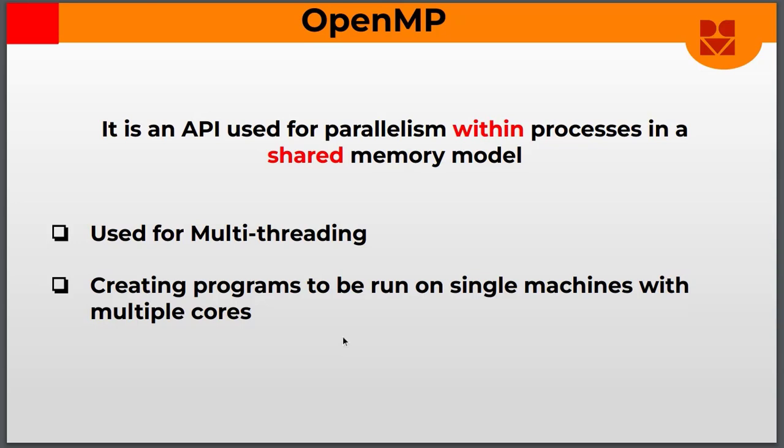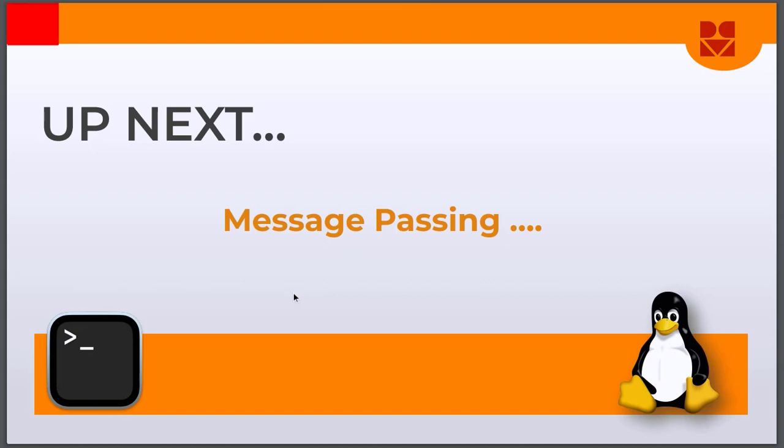This time we don't use OpenMP to communicate within multiple systems connected over a network, but rather we use the OpenMP API to create programs that leverage the multi-threading capability of your CPU to run programs faster. So it will also help you in parallel computing, but this time just within a machine. You are writing code that will be run on just one machine, your laptop or your desktop. Okay,